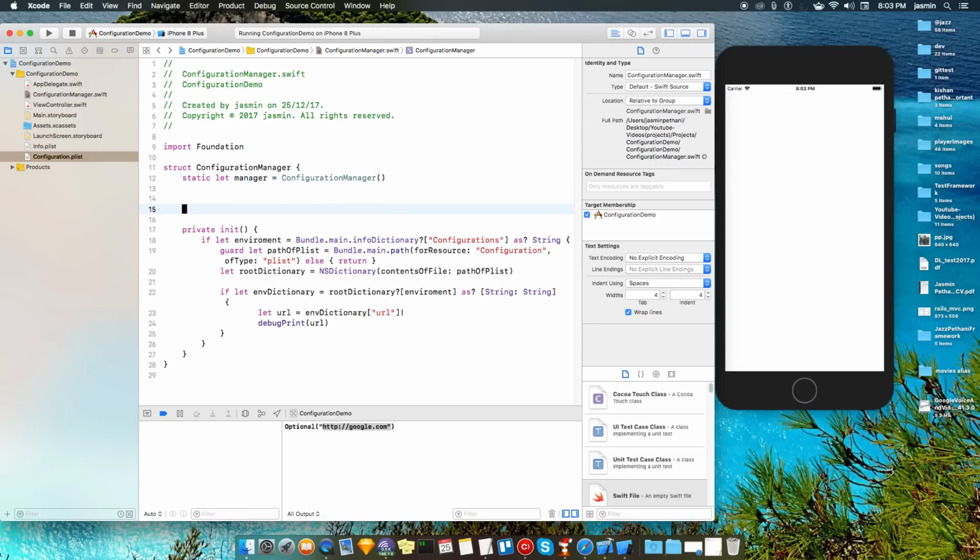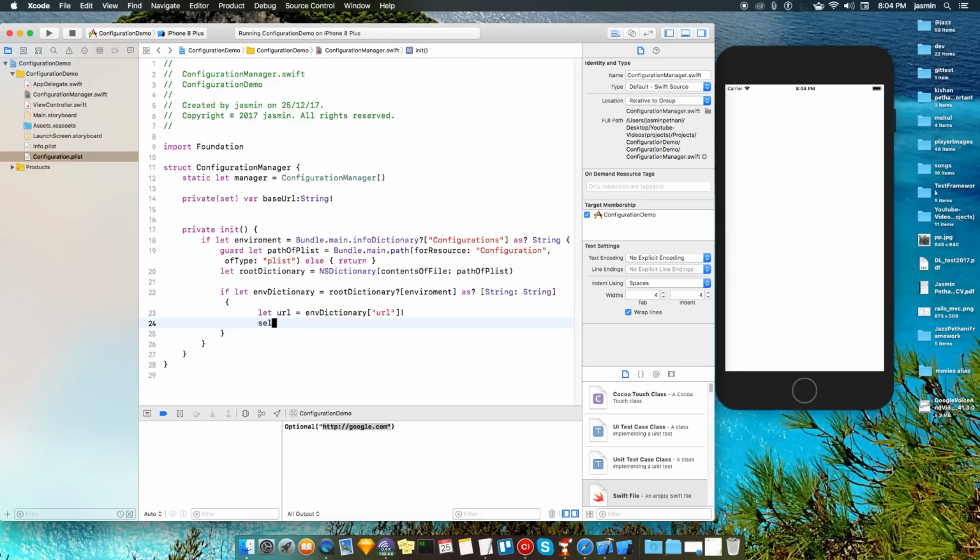For example, I am creating one property, base URL, and it's a string. I'm sure that it must have a value, so I have forcefully unwrapped it and made the setter private, so it is not being set by an external person.